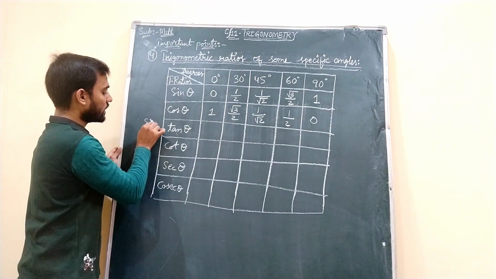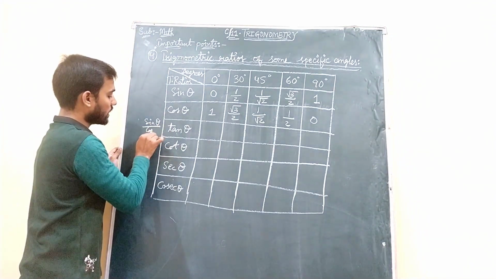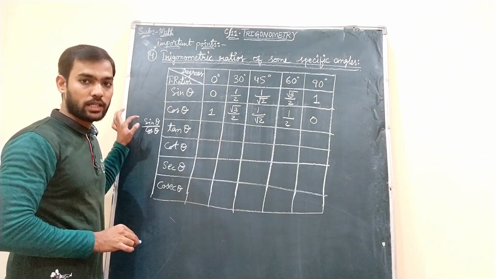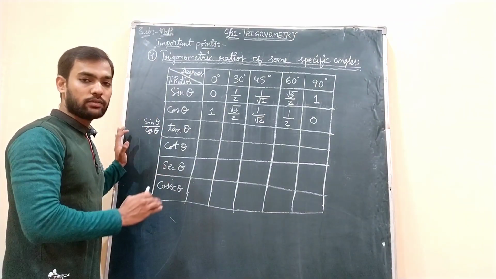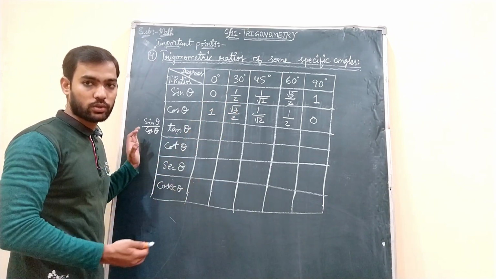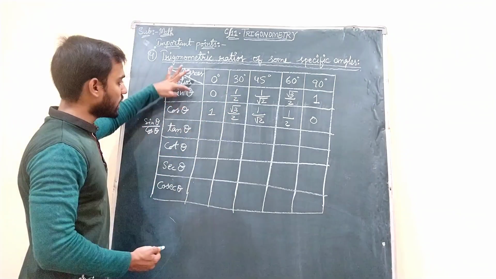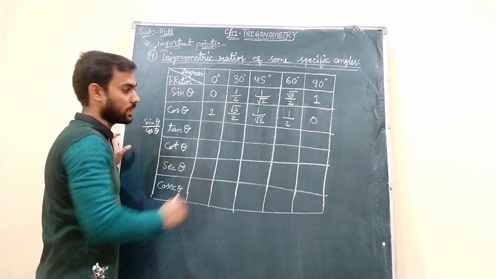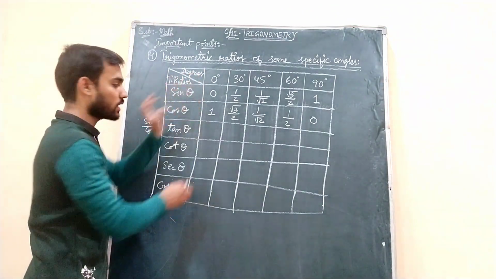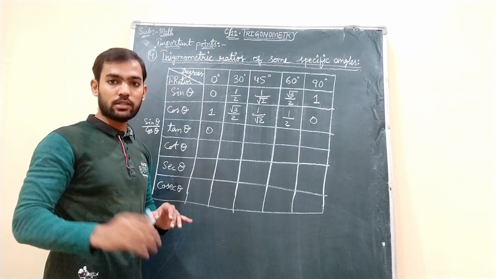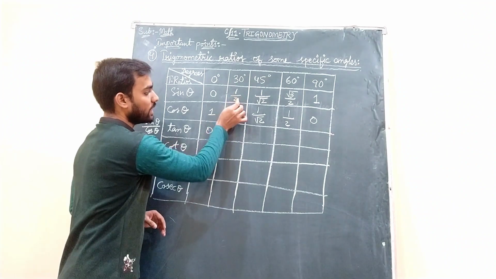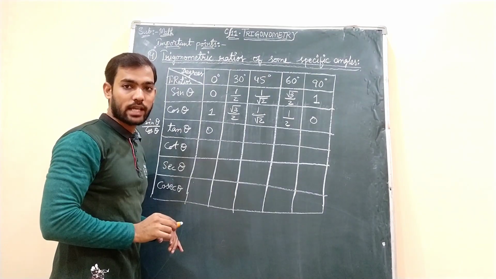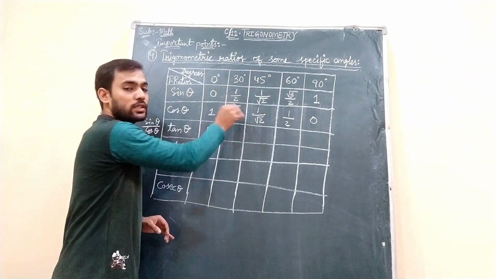You have to do sin theta by cos theta. It's good if you write it beside. Tan theta value can be obtained by doing sin theta by cos theta. And for that, you need not go to a rough column for dividing. Already here, it is like sin theta by cos theta. This line is acting as the divided by line. Okay. So 0 by 1 is what? 0. 0 divided by 1 is always 0. Now when you divide 1 by 2 divided by root 3 by 2, both the denominators get cancelled. 2 gets cancelled. What remains? 1 by root 3 remains.